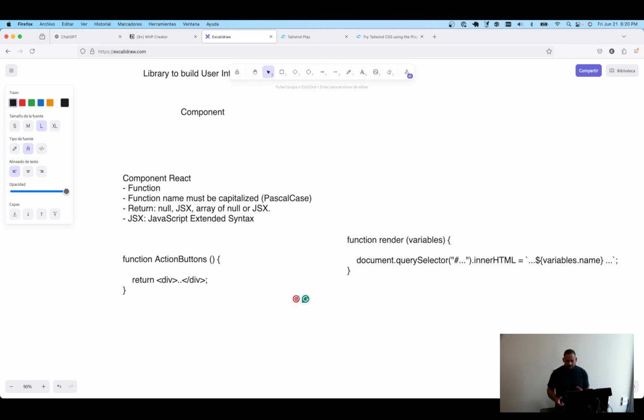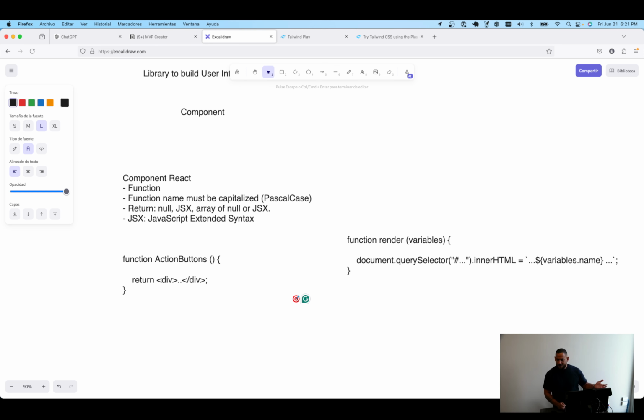Now, I didn't give you the historic introduction of what React is and where it was created. It was basically created at Facebook almost 10 years ago, if not more, probably 11 years ago. It was created by a software engineer at Facebook. They started using it in some part of the application. Today it's probably using the whole Facebook. I mean, I haven't used Facebook for a long time, so I don't know if they're still using React in